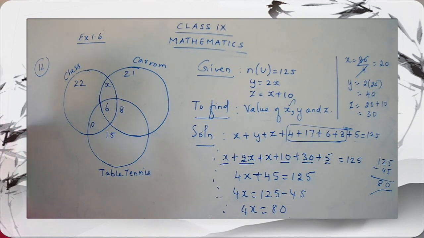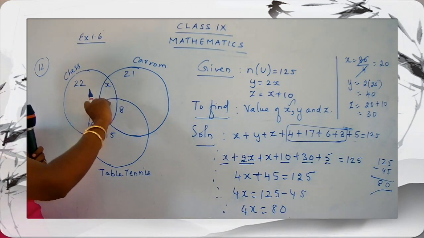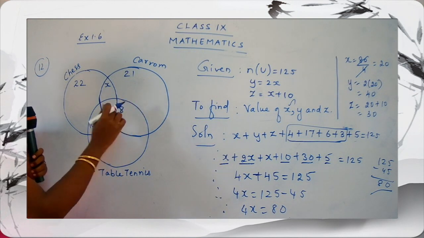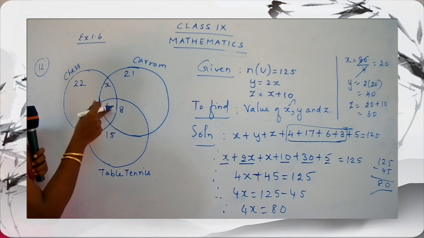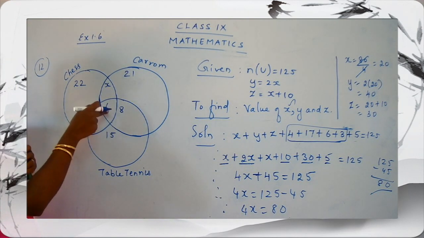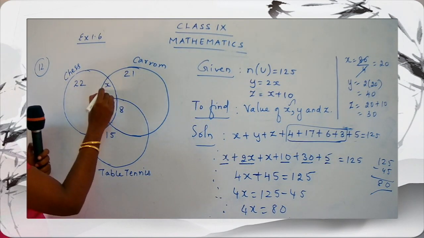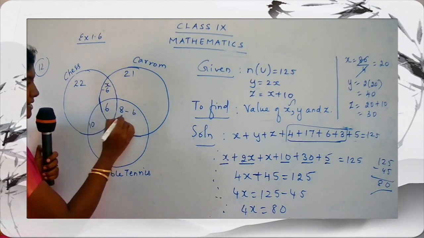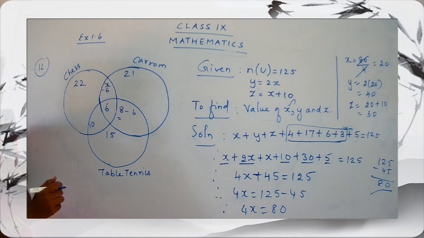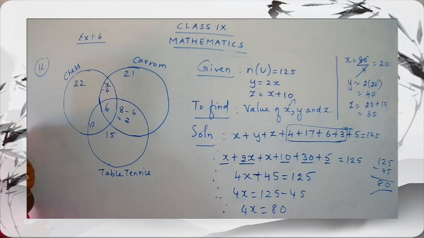What is the first thing we have to do? The first thing is we have to subtract from the common part. That is, we have an intersection for both the sets. So you are going to subtract 6 here, then subtract 6 from here, then subtract 6 from here. Getting my point, children? So x minus 6, I don't know the value, so you keep it as x minus 6. This is 8 minus 6, which is 2.